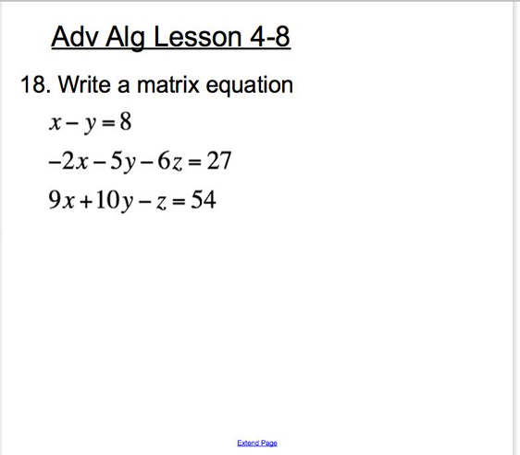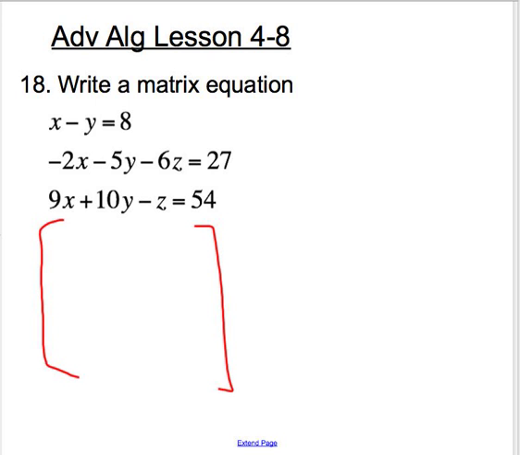What you want to do to write a matrix equation is first look at how many variables you have. I see an x, a y, and a z. Those will be my columns. I'll have an x column, a y column, a z column, and I'll have 3 rows. Why 3 rows? Because I have 3 equations. So when I translate this one, my first matrix is all the coefficients of x, y, and z,